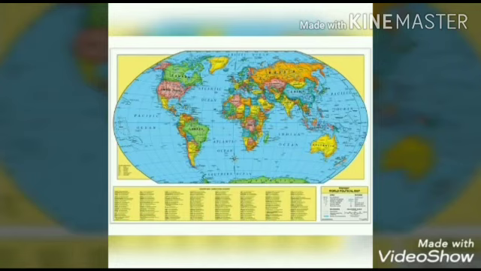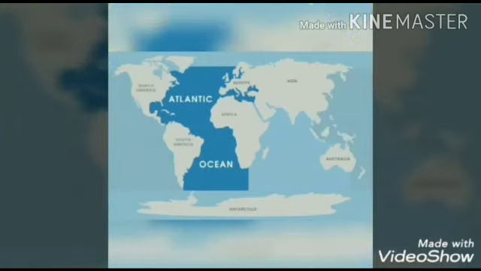Now we will study about continents and oceans. In the previous chapter, we have already learned that 70% of the earth is covered with water. The blue part on the globe shows the water bodies on the earth. These water bodies are called oceans. There are 5 large oceans on the earth. Repeat after me. Pacific Ocean, Atlantic Ocean, Indian Ocean, Arctic Ocean, and Antarctic Ocean. The Pacific Ocean is the largest ocean and the Arctic Ocean is the smallest ocean in the world.